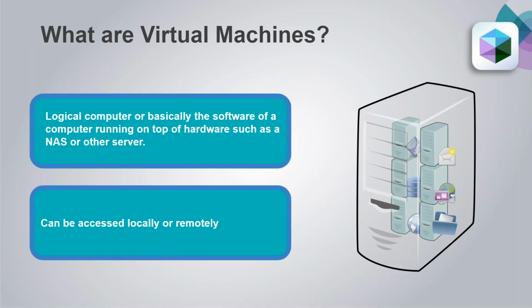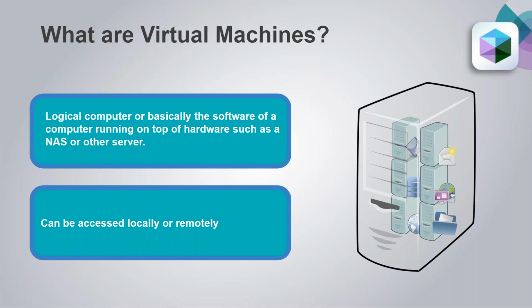So what are virtual machines, first off? Virtual machines are sort of logical computers, or basically an operating system that runs on top of either a computer or a server. Basically, with a virtual machine, you can run an entire separate system on your computer via a web browser. And this can be done remotely as well. So with your computer, you could access a server such as one of our NAS models and run a virtual machine that is stored on the server, using the server's processing power and storage, but run it on your computer